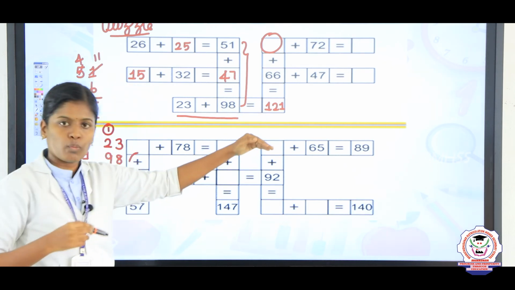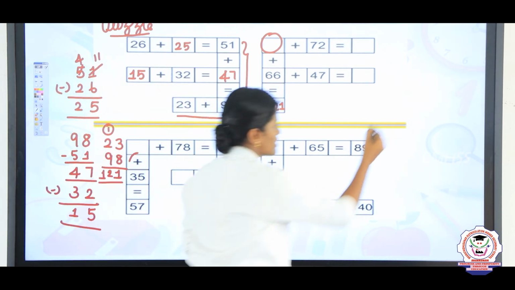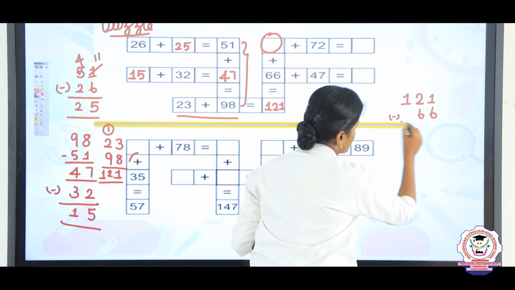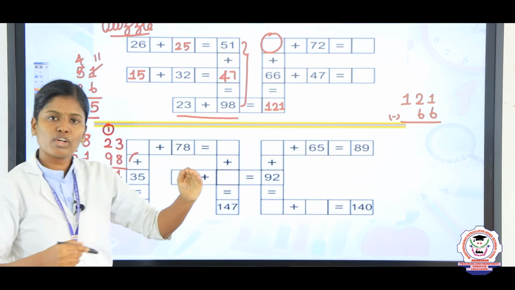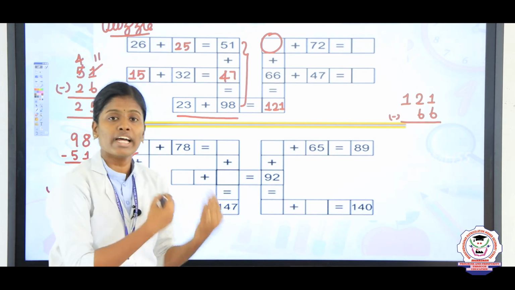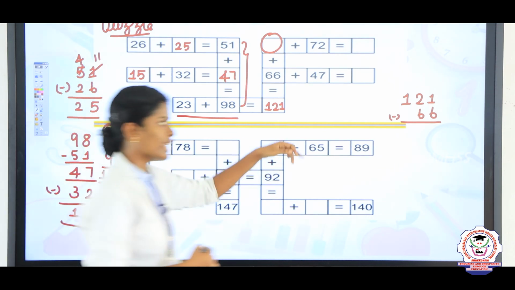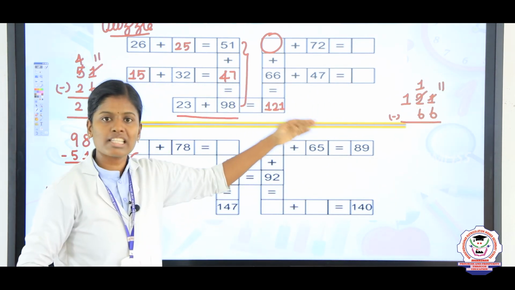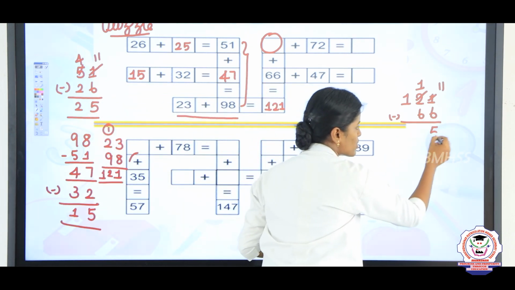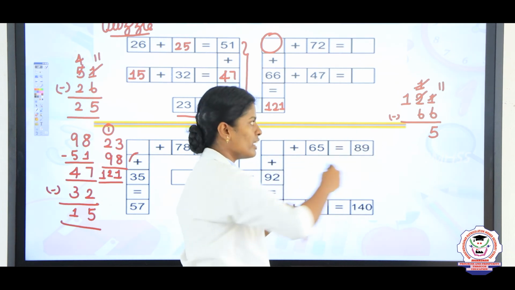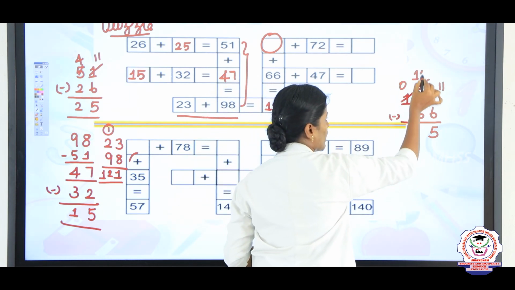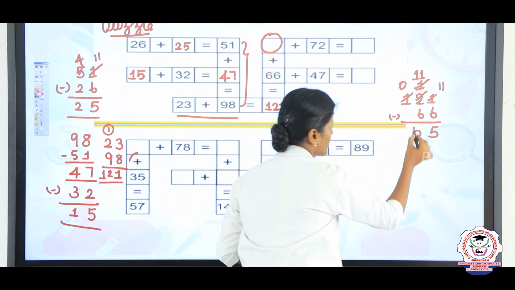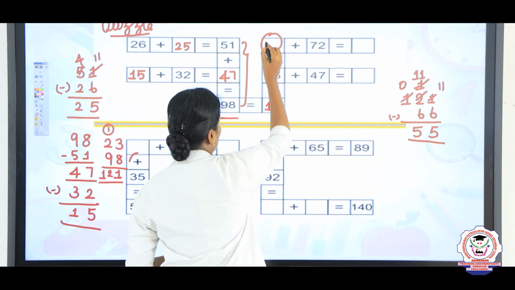Now we are going to find this one. So take 121 minus 66. Listen here. Now 1 minus 6 is not possible. Why? Because 1 is the smaller number, 6 is the greater number. So here you are going to borrow from the tens place. Take 1, it will be changed to 11. 2 will change into 1. So 11 minus 6, the answer is 5. Again 1 minus 6 is not possible. 1 will change into 11, and this one will change into 0. Now 11 minus 6. What is the answer? The answer is 5. So write the answer 55.